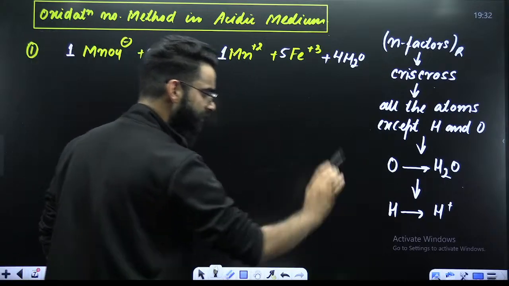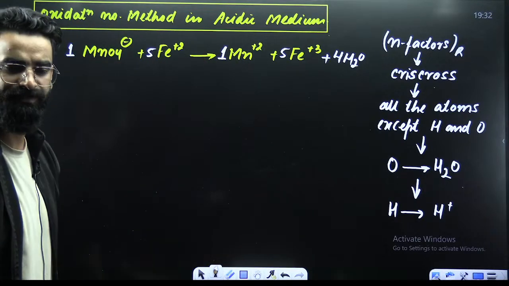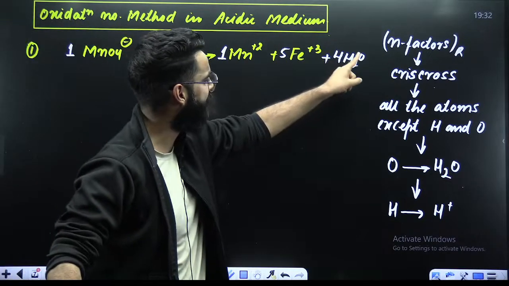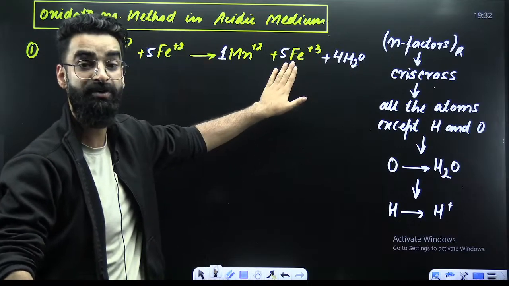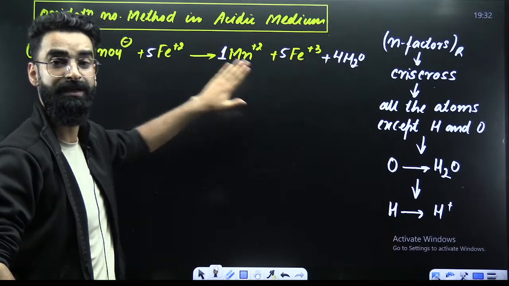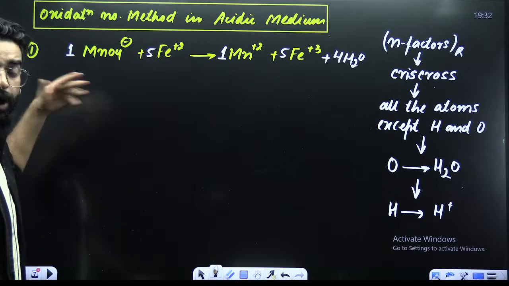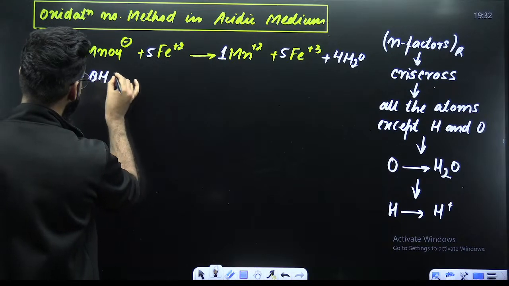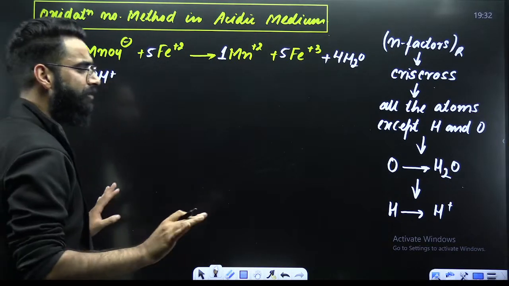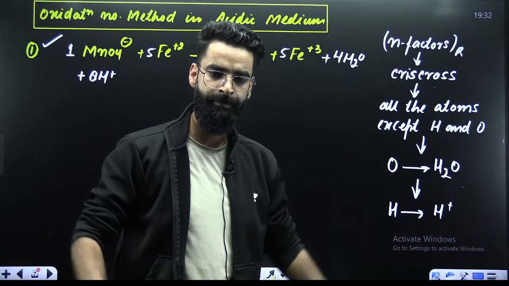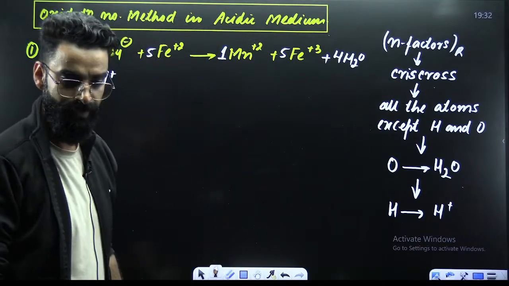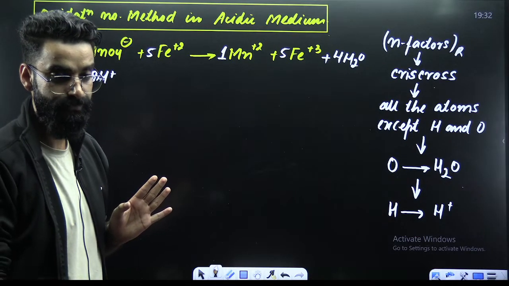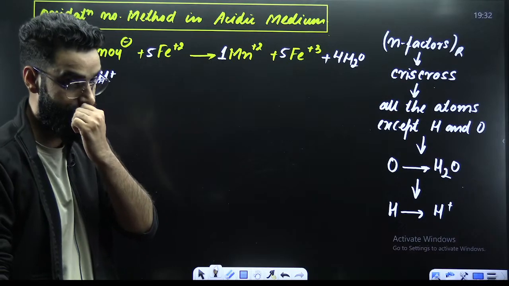Now after oxygen, my turn is for hydrogen. Balance hydrogen with the help of H positives. How many hydrogens on the left side? No hydrogen. How many hydrogen on the right side? 4 times 2 is 8. 8 hydrogen atoms on the right side. So which side is hydrogen deficient? The left side is hydrogen deficient. How many hydrogen deficiency? 8. Number of hydrogen deficiency means add 8 H positives on this side. Now this reaction is balanced. You need not check it. It's a balanced chemical equation now. Is it clear, people? Did you understand this? Quickly.